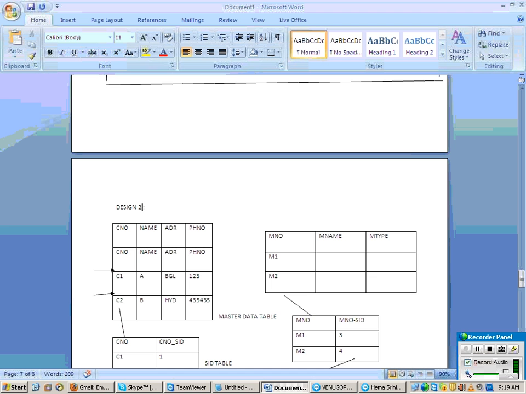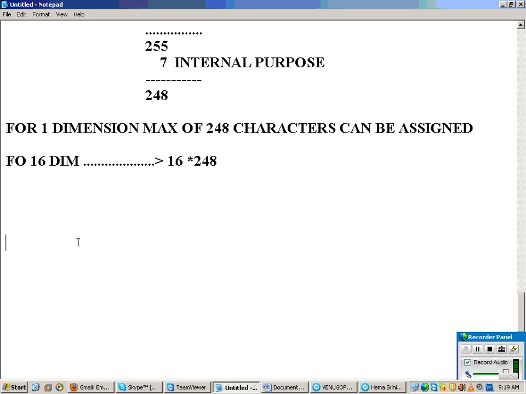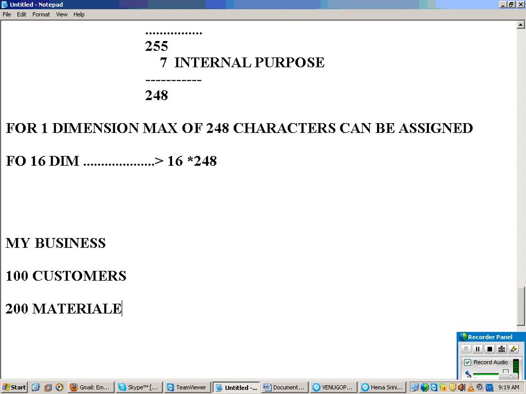Because just observe. Now imagine, let us say the same example you take. Let us say my business revolves around sales. I have 100 customers and 200 materials.